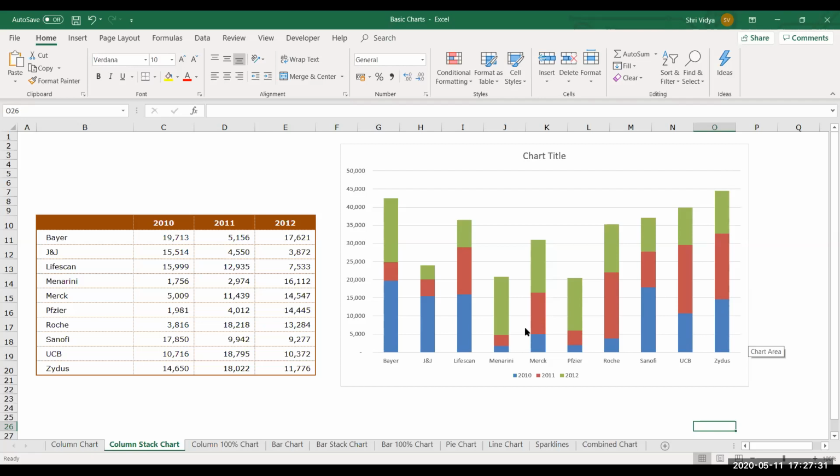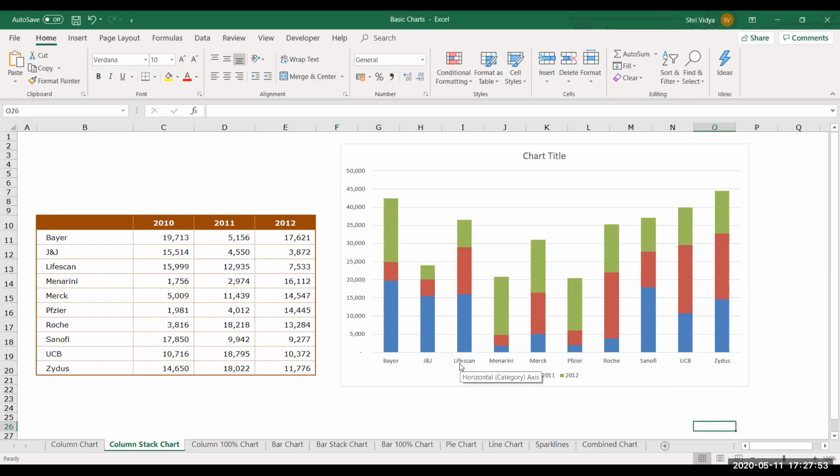And if these two are in that way, UCB is also very close to beating Zydus and also LifeScan, I can say. So this comes fourth. So you can do such analysis once you have the proper representation of the data. So choosing the charts will play a key role in this.